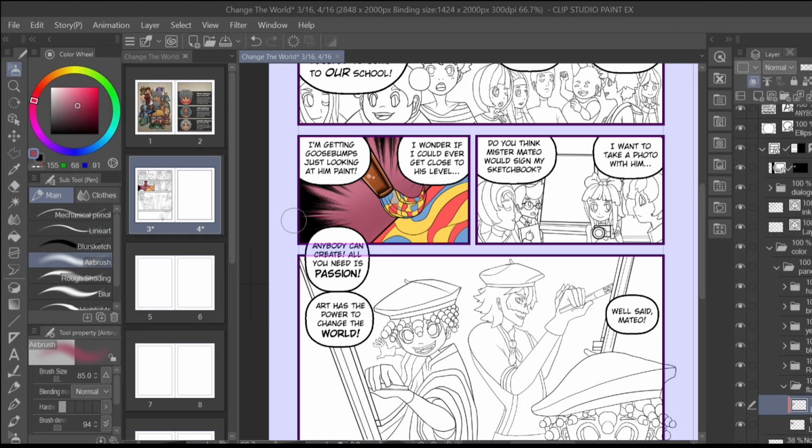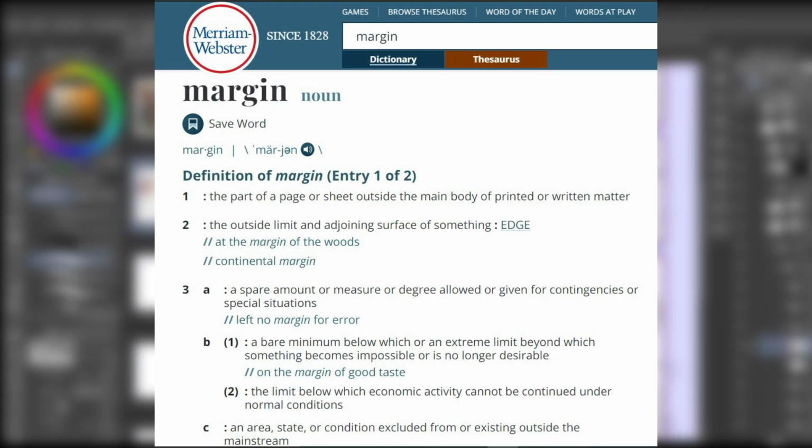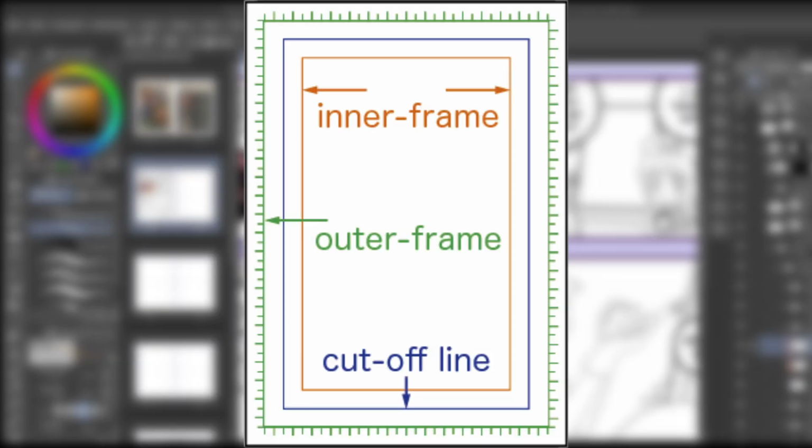Starting things off, I want to define what exactly a margin is and what it's used for. According to this definition from Merriam-Webster Dictionary, a margin is the part of a page outside of the main body of printed matter, the limit below which economic activity cannot be continued under normal circumstances. In simpler terms, margins are the rulers or guidelines that tell a printer where to cut the page off during